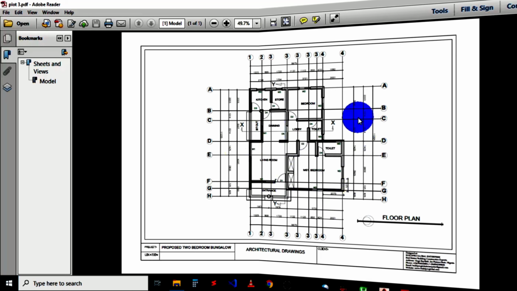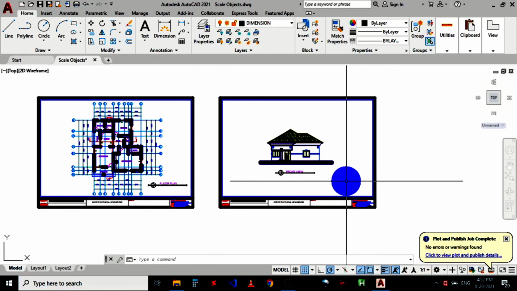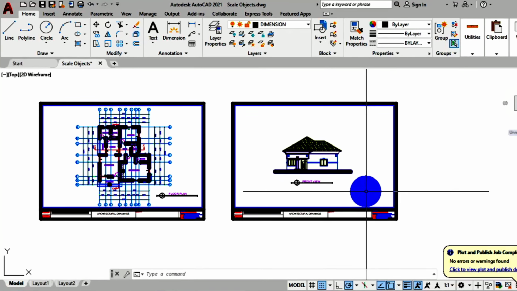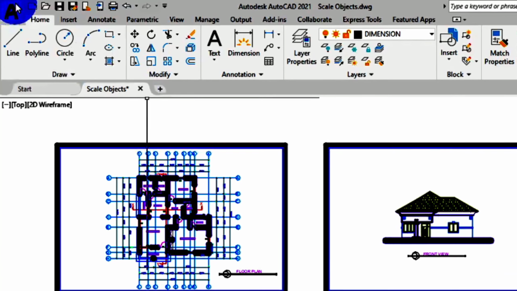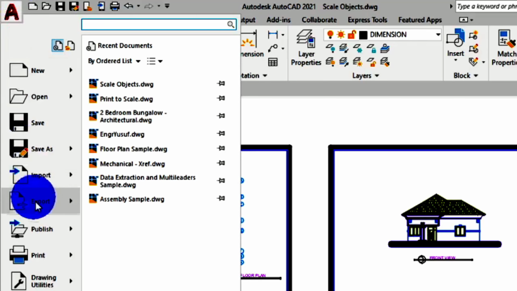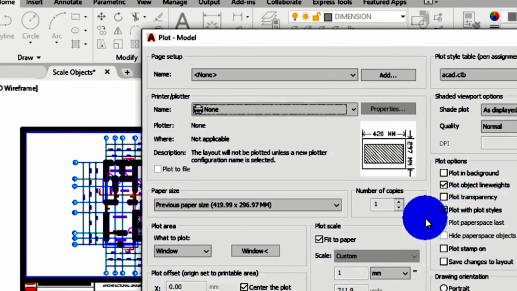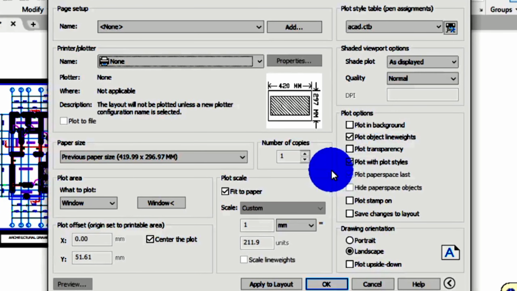Now the other way of printing in black and white is using the grayscale command. So let me go over to my print dialog box and do that. On my print dialog box, I'm going to go to page setup.